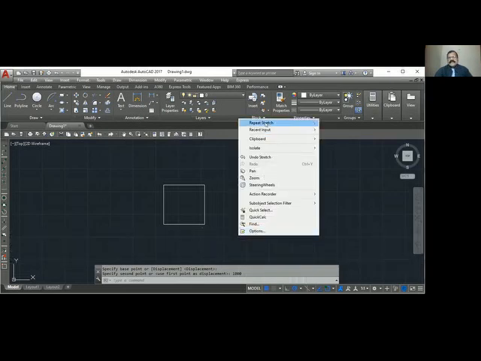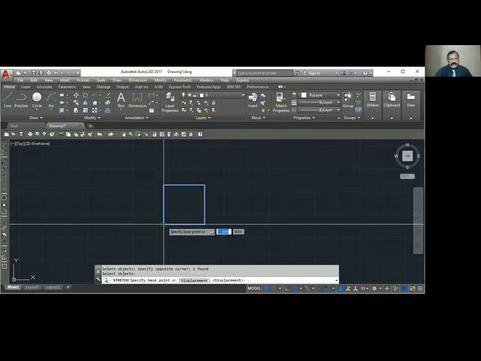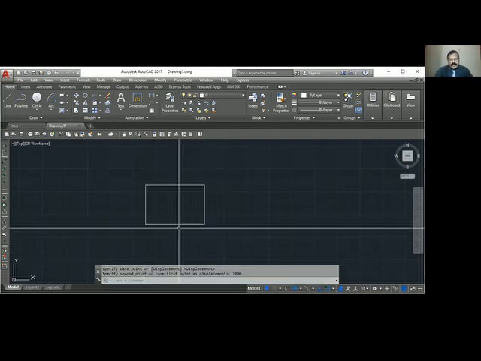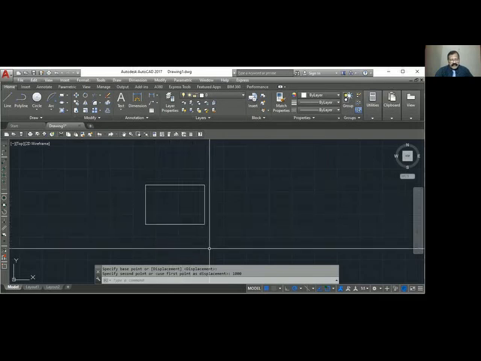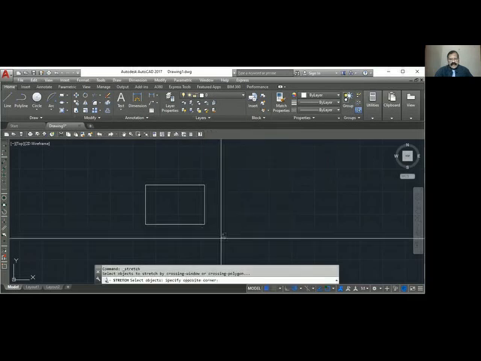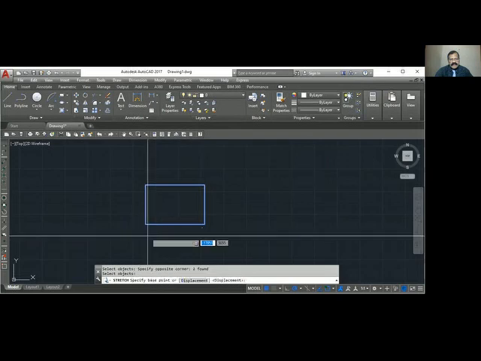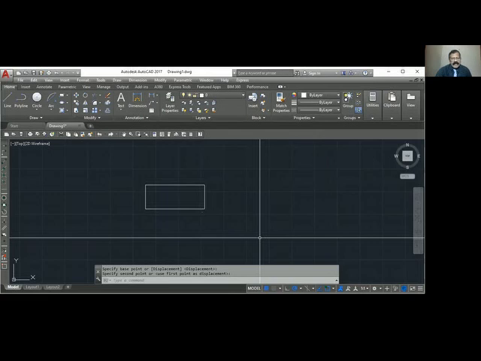Stretch. If you want to stretch this side, you have to select like this. 1 meter. Suppose you want to make bigger or increase like this. So stretch, show the window like this. Partly only you have to show which side you want to increase or decrease. I can make it smaller. Okay. So stretch command is very powerful. To increase or decrease the size of an object, you can use stretch command.